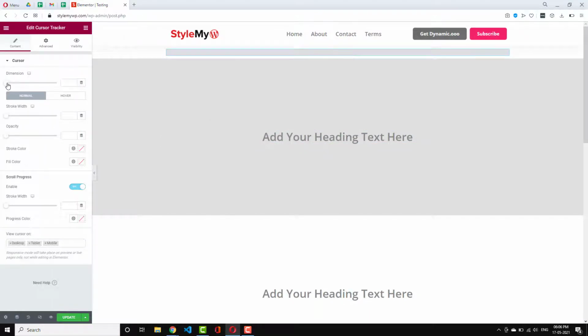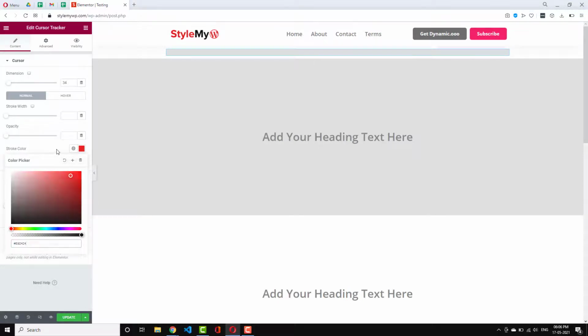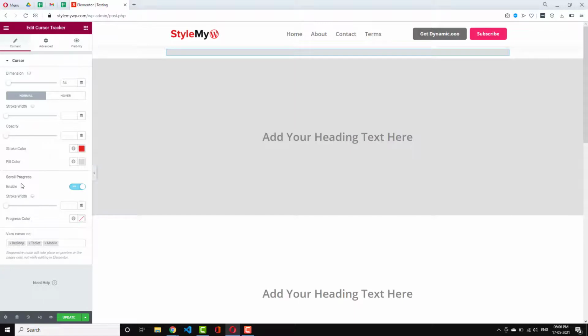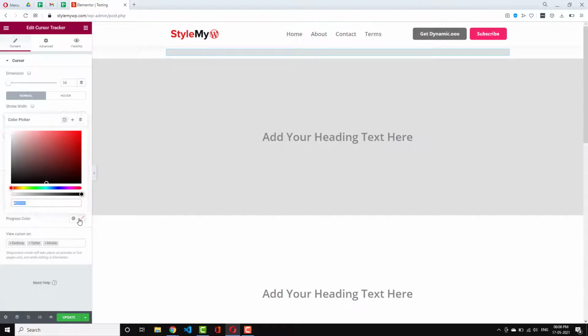So now let's change some settings of this tracker. Stroke width, let's keep it default. Stroke color, let's keep it all red. Fill color, let's make it this one, and let's enable scroll progress. You can set the width for the progress. You can also change the color of the progress,